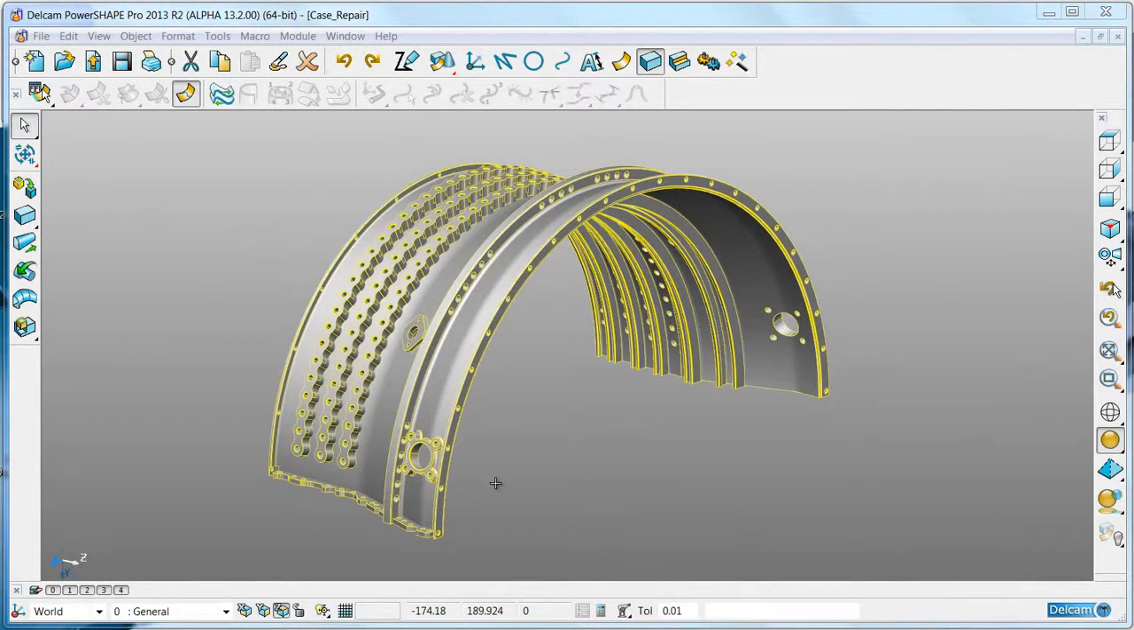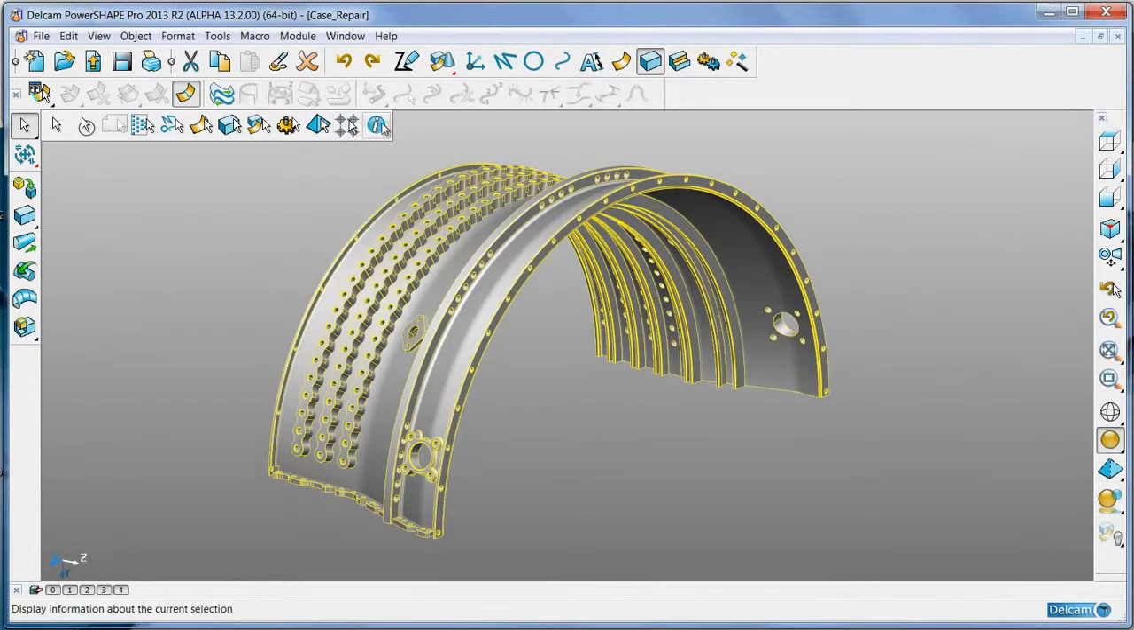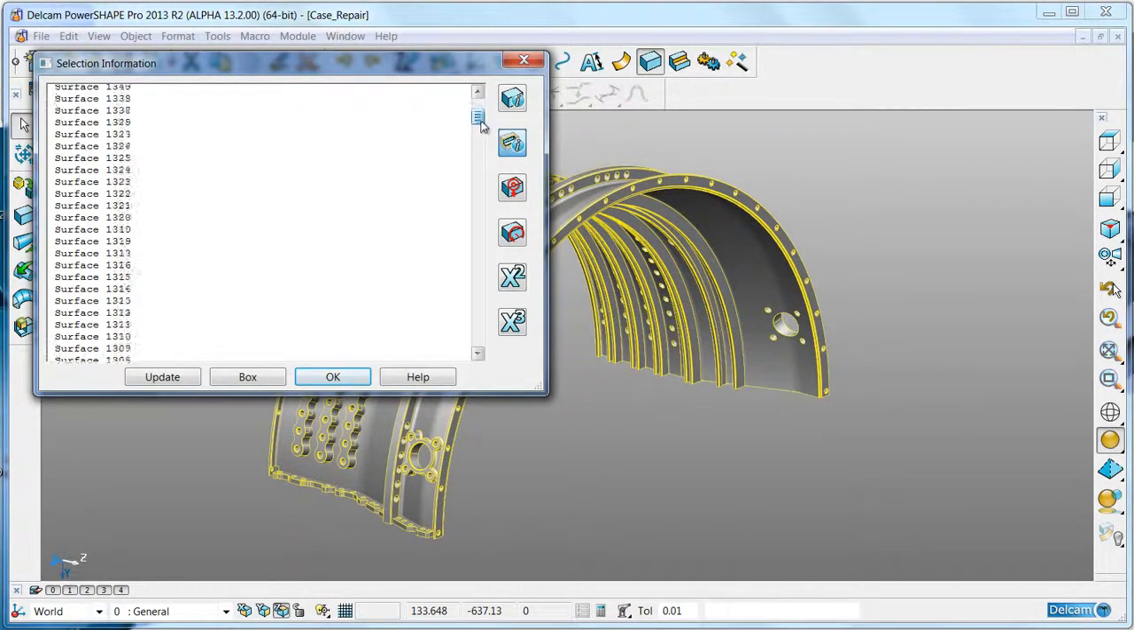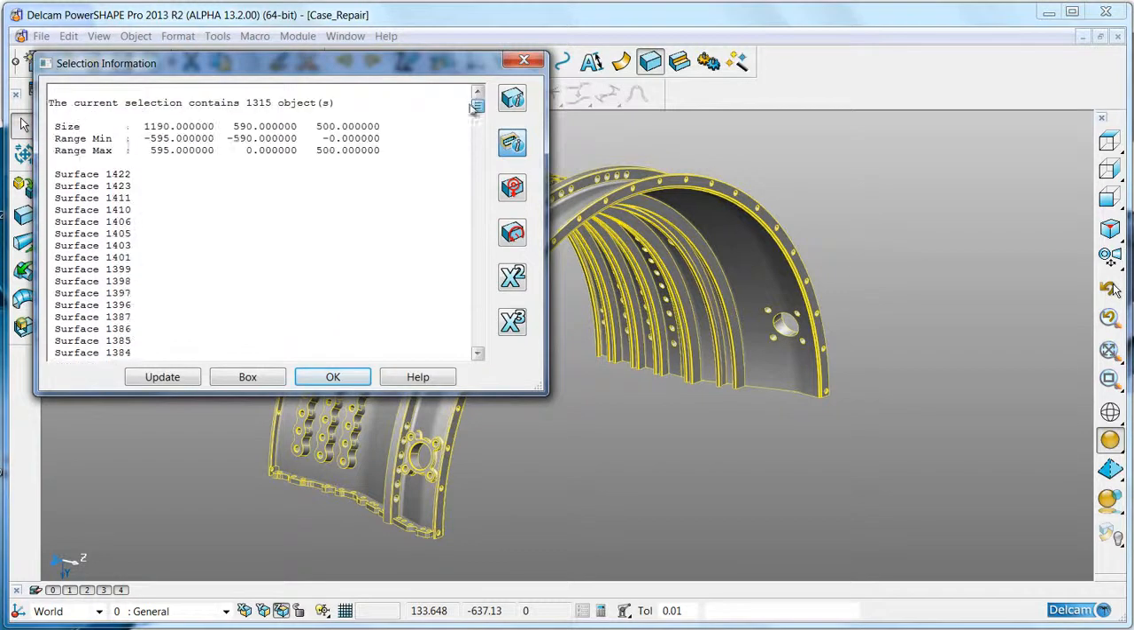I've begun by importing an IGES model of an engine cowling. I'm just going to use PowerSHAPE's information panel to tell me exactly how many surfaces there are and the size of the part. You can see I have 1,300 surfaces and the part is 1.19 meters in diameter and 500